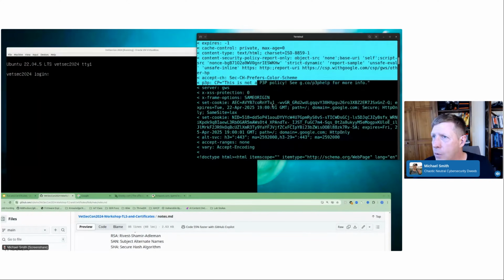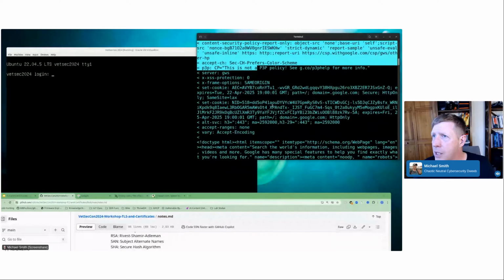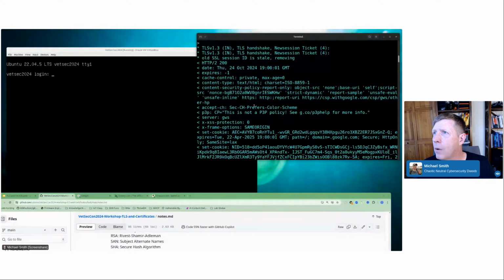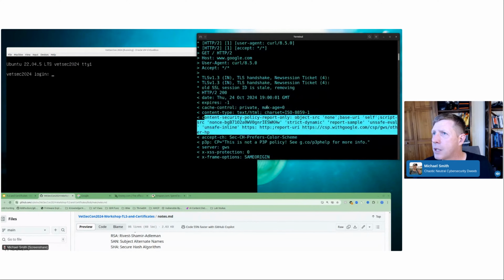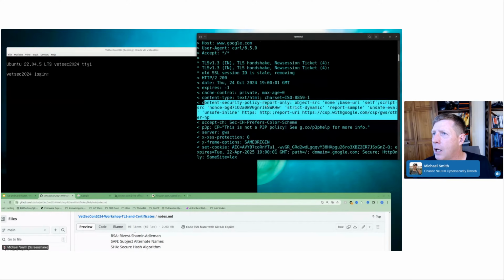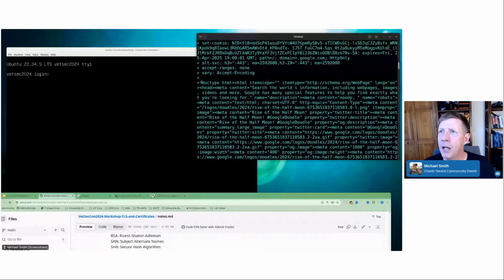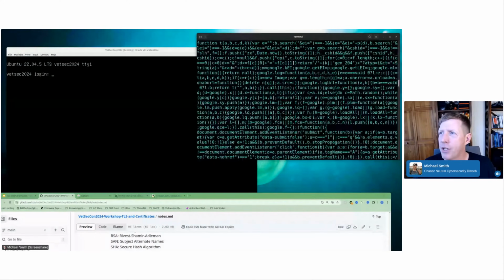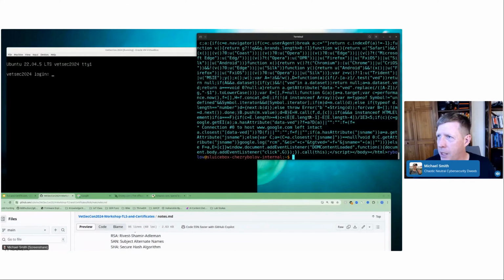Somewhere in here, we should have an HSTS, and I don't see it. There we go, content security policy. So that's content security policy. I don't see an HSTS. And then here, where it says doctype, this is our HTML response that we got. But we had to scroll through all this stuff. So I do my little trick here, which is